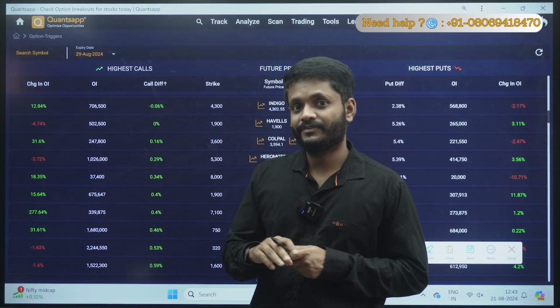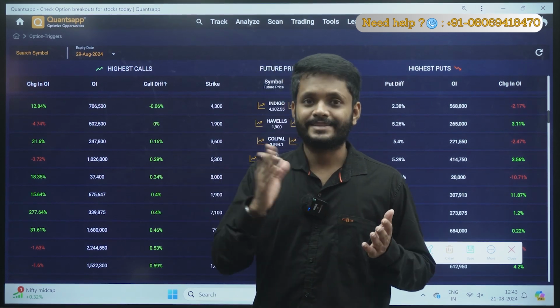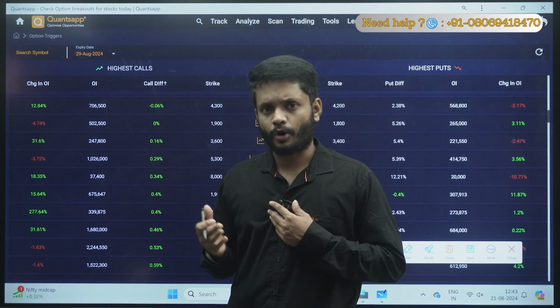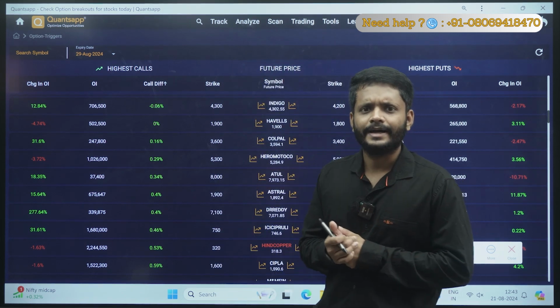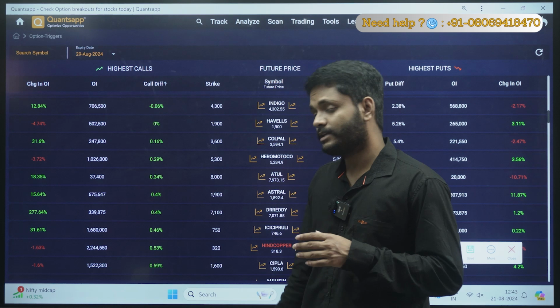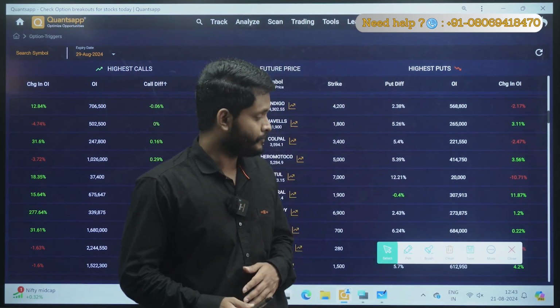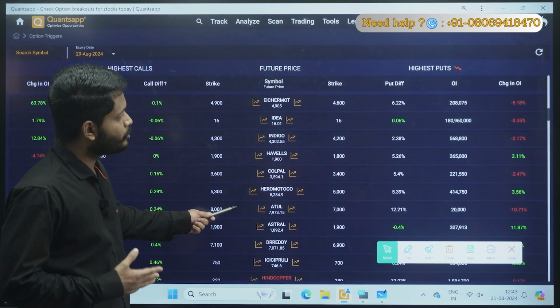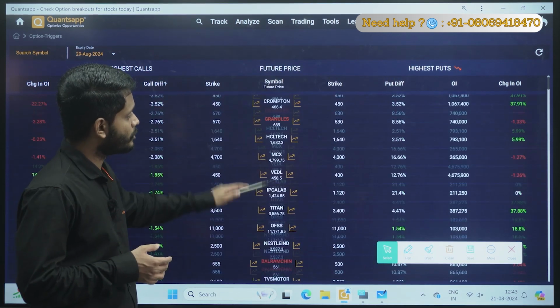So while breaking, if the order book is confirming, that is an additional confirmation. So based on order book confirmation, you can definitely go and take a trade. But for confirming with order book, make sure that the stock is liquid enough. Okay. Now same for the put side, how to take a confirmation whether the stock is going to reverse or